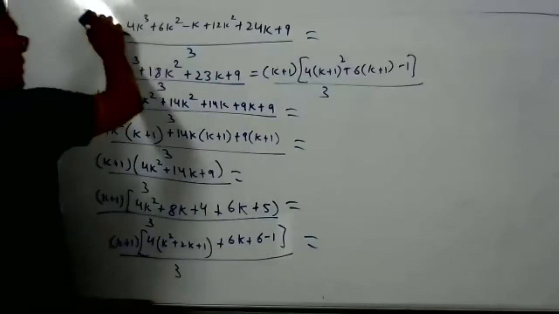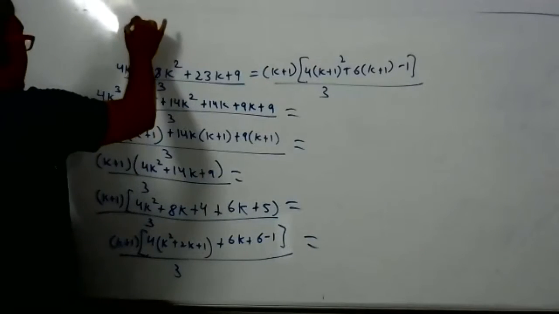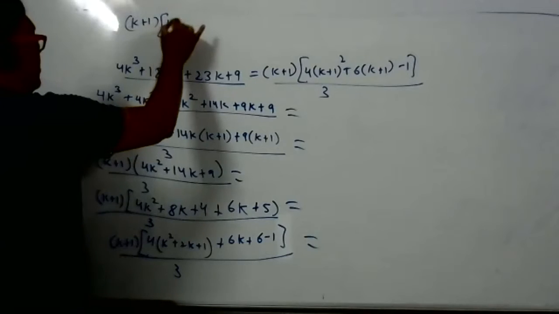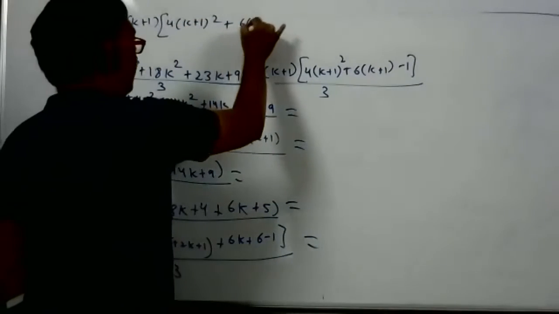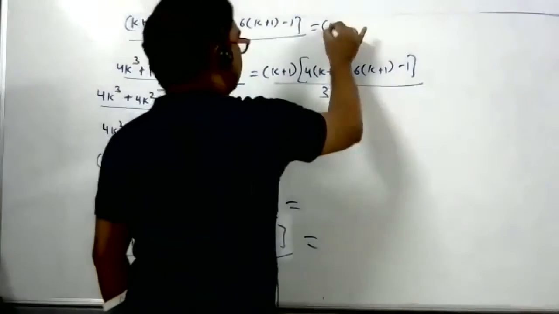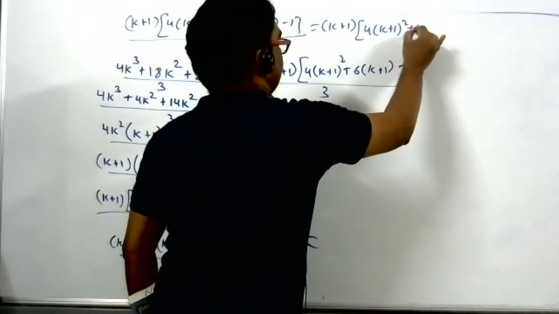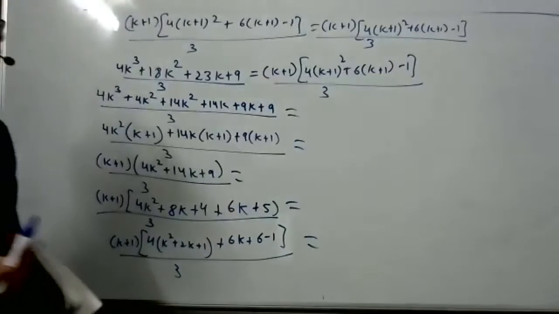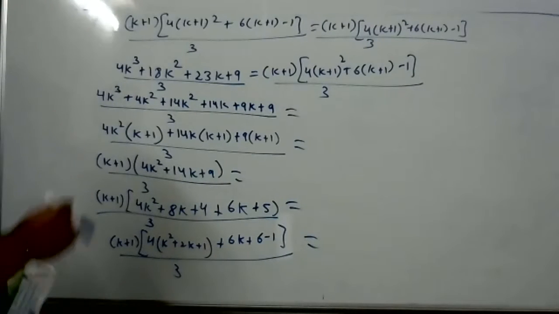Now I think some part I will erase. Now see here, what's here? K plus 1. And then we can write k square plus 2k plus 1 as k plus 1 whole square. Here 6 common means we can write 6k plus 1 minus 1 by 3. And I think this is only the right hand side now. So hence proof over. I don't think it is very difficult. It is easy only. What do you say? Is it difficult? No. Girls, are you finding it difficult? Too much difficult? Easy, na?